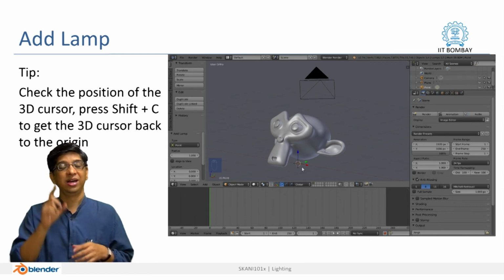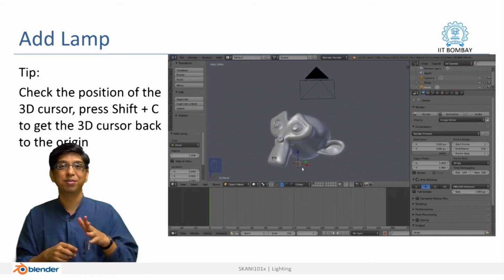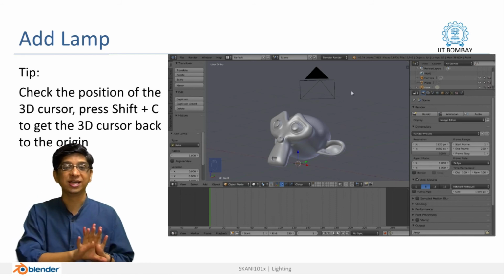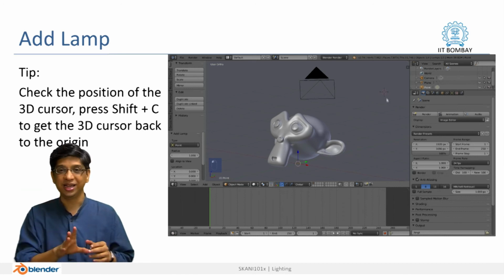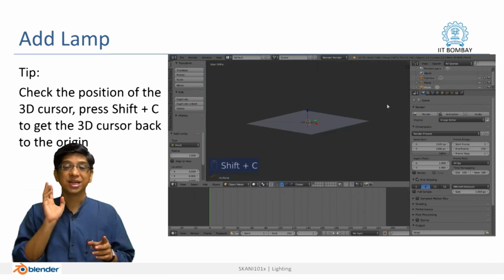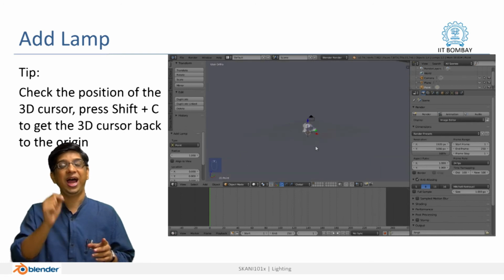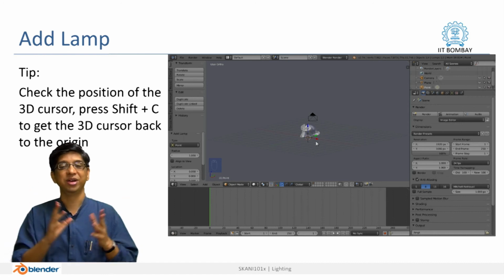It is almost 4 weeks back that we discussed this, but please remember that the 3D cursor will be at the point where you have left-clicked your mouse anywhere on the 3D screen, and it is a common practice of a lot of people to click here and there. So press Shift C in order to bring the 3D cursor to the center, and then add any object you want to. That will help you in locating the object, otherwise that object would be somewhere else.